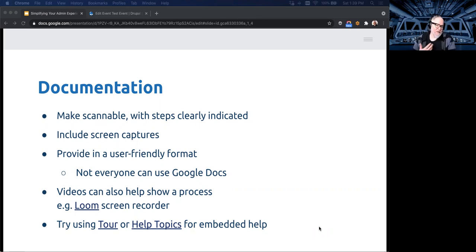We've also found videos can be really helpful, particularly for more visual learners, and also if it's demonstrating more of a process. There is the free Loom screen recorder, but if you are using the free plan, know that the videos will expire after a period of time, so you can download them and potentially make them available through another means. In Drupal core, there are also the tour and help topics modules, which obviously require some work to get into your site,